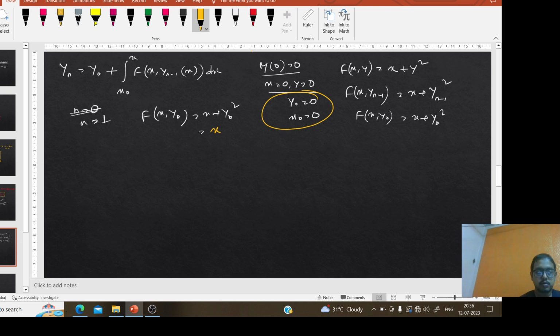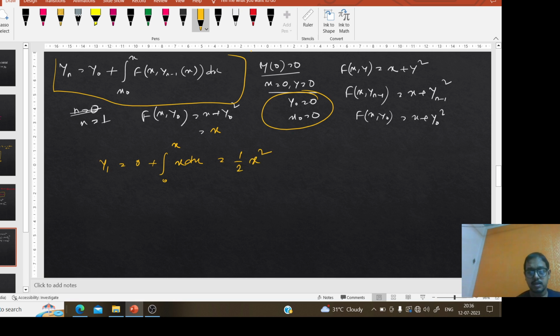So now from the Picard's approximation formula, we get y1 = y0, which is 0, plus the integral from x0 = 0 to x of f(x, y0) = x dx. So we will get half x squared. Y1 we get half x squared. Similarly,